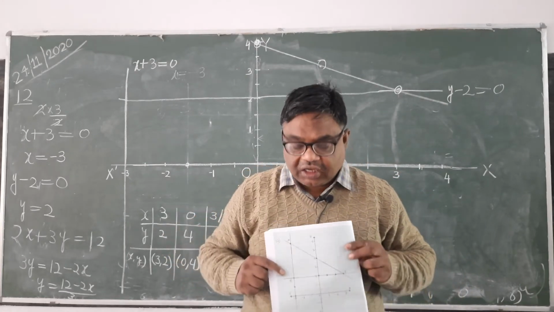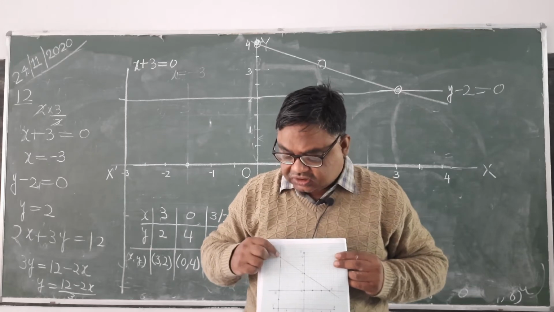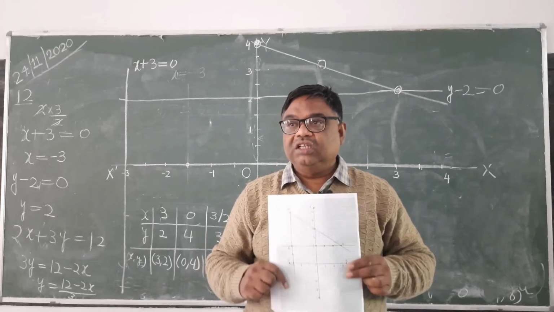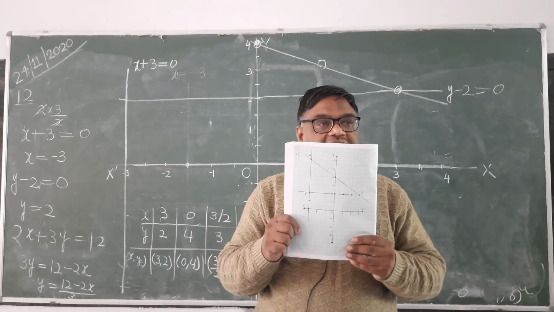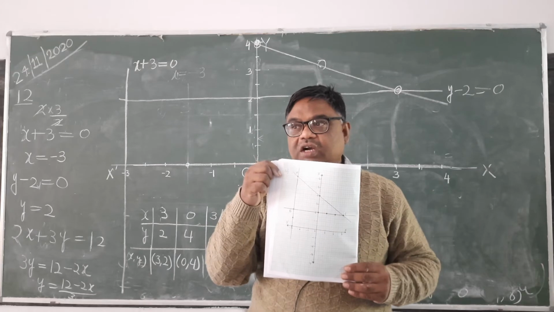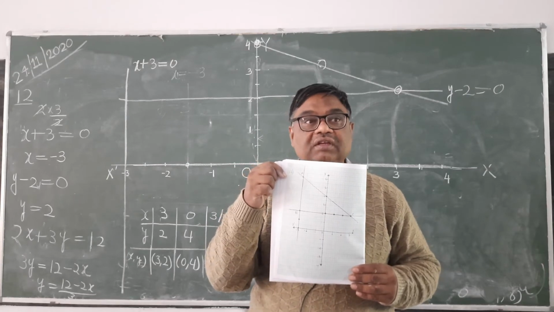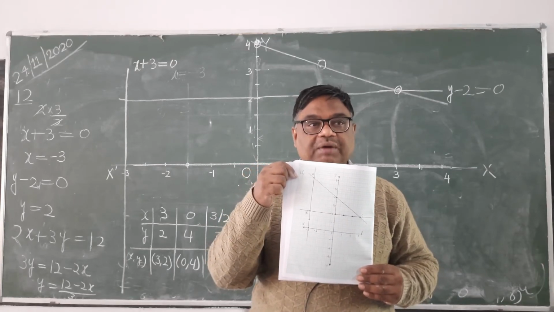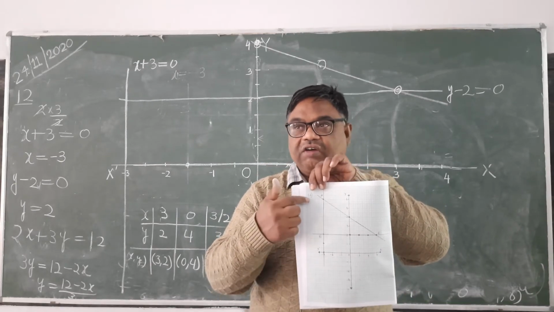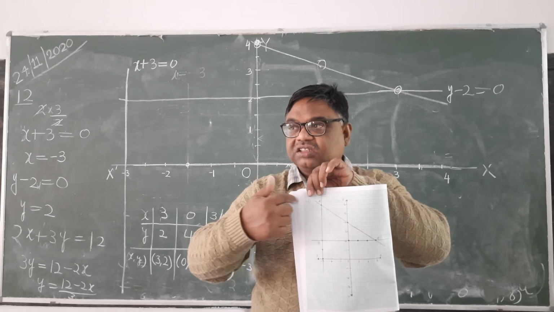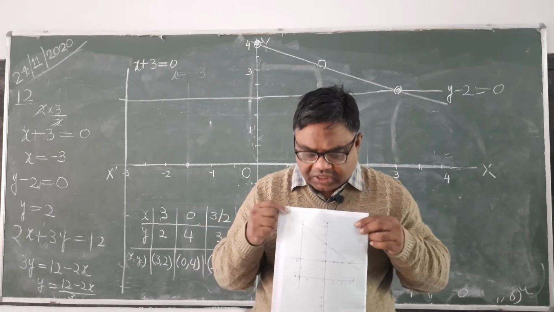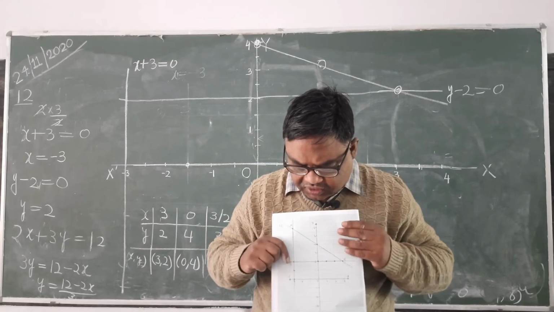Now which triangle is forming? So one vertex is A, other is B and third is C. What is the coordinate of A? Who can tell? Coordinate of A, minus 3 comma 6. It is clear? On x axis it is in front of minus 3. On y axis it is in front of 6. When you will complete, you will get. This is very simple, not a difficult thing.